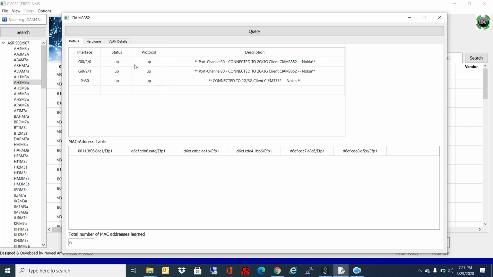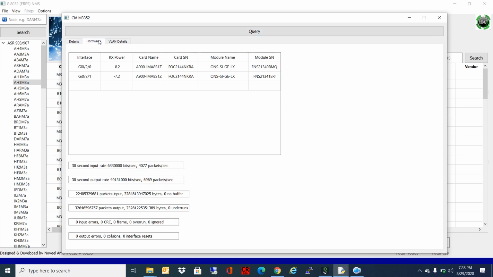If the status changes, for example the status is down or administratively down, it will be displayed over here. If the MAC addresses increase or decrease, it will show the new MAC address table and the new total number of MAC addresses. Then the RX power, if it decreases or there is no power because the circuit is down from the client side, it will be displayed over here.